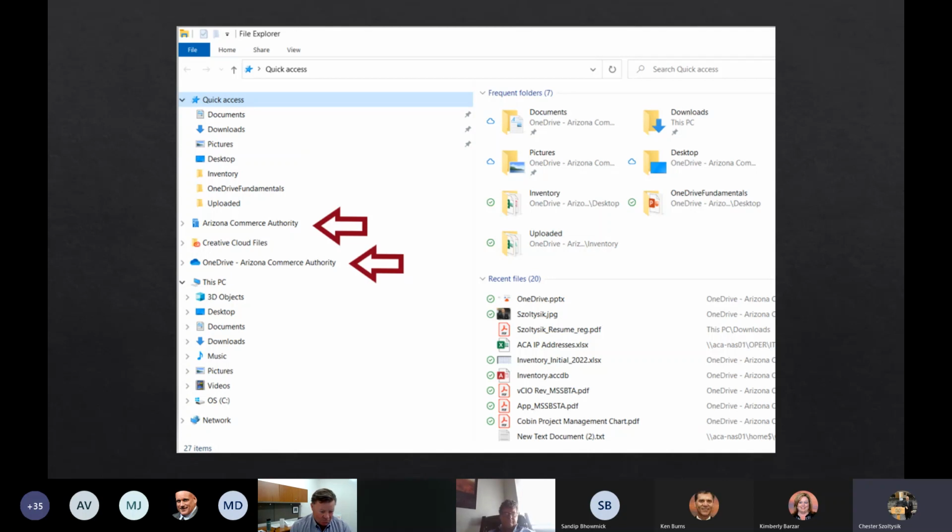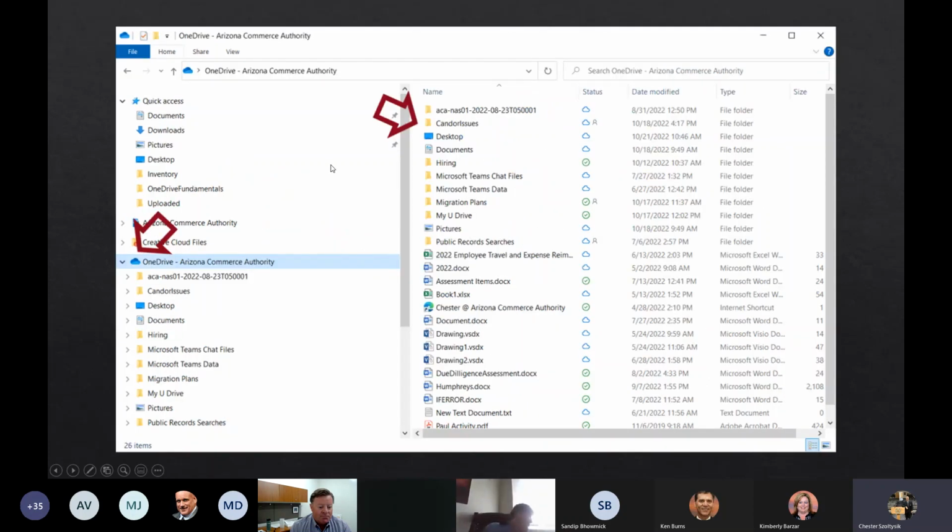Because, for example, I have two things that are related to OneDrive. The one on the top, Arizona Commerce Authority, those are my SharePoint sites. The one I'm interested in for today and for using OneDrive is the one that starts with OneDrive. So you've got the blue cloud, it says OneDrive, Arizona Commerce Authority, and that will then take me into my